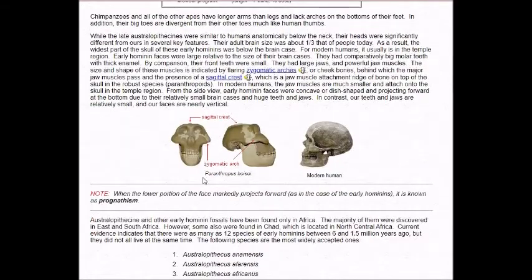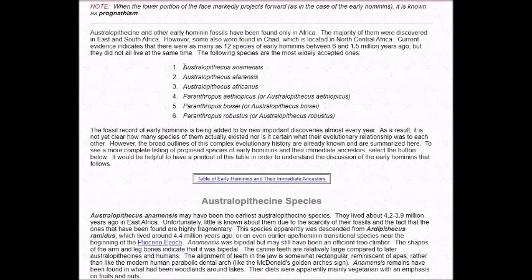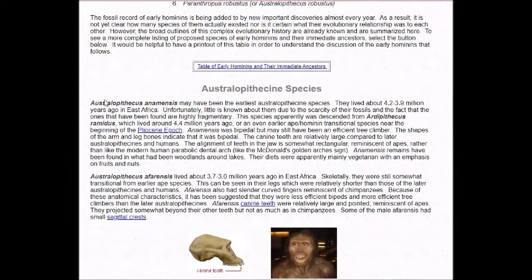Here are some skull fossils, okay? Here are all of these: Australopithecus afarensis, africanus. These are all different ancestors of modern humans according to this theory, and you can learn a lot about them, okay? Australopithecus anamensis, when was it found? 4 million years ago. It's one of the earliest hominid species. Now hominids are things that are different from the chimpanzees and stuff, okay?